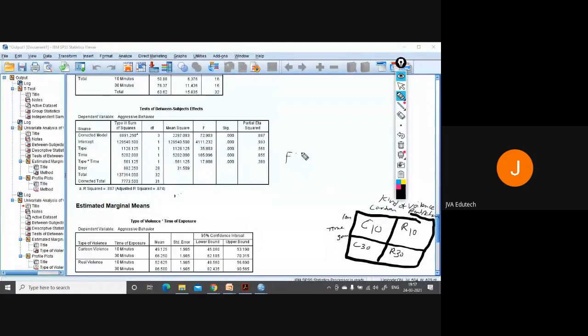F, degrees of freedom 1, 31, is equal to, you have to see the interaction effect, 17.808. P is less than 0.05. The null hypothesis, H naught, is rejected, and H naught was that there is no significant difference among all four situations.